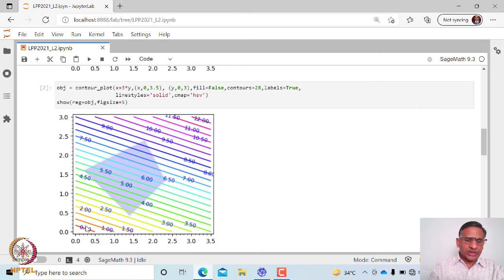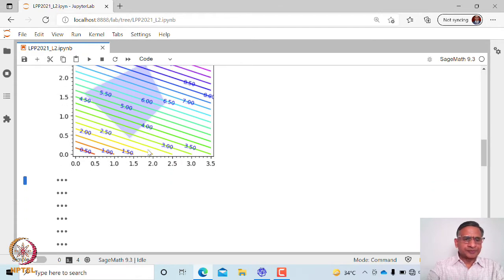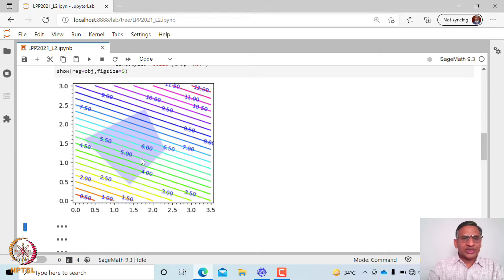So geometrically you can interpret this. If you look at this constraint, if you move from, let us say, the origin away from the origin, then the point at which it just enters this feasible region, that will be the minimum value, and the one at which it just leaves this feasible region, that will give you the maximum value. But there are various possibilities that we will see later. Okay, so that is how you can geometrically interpret.